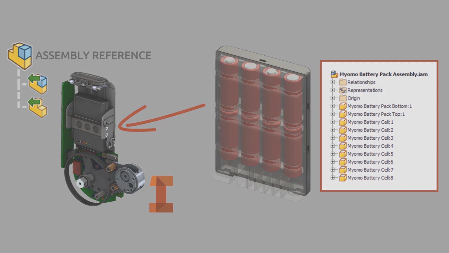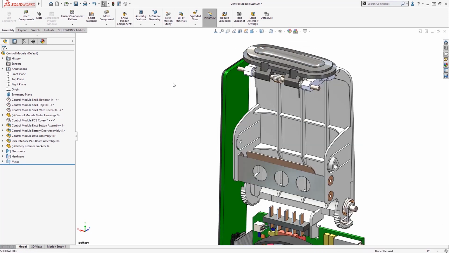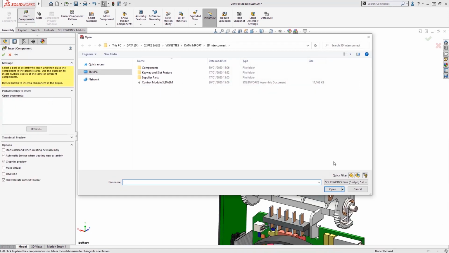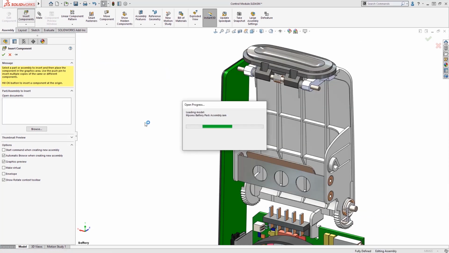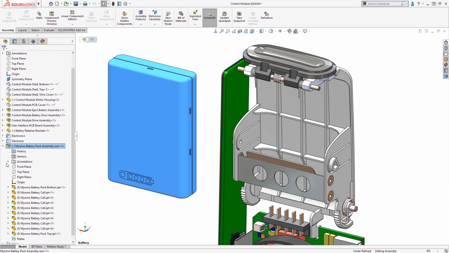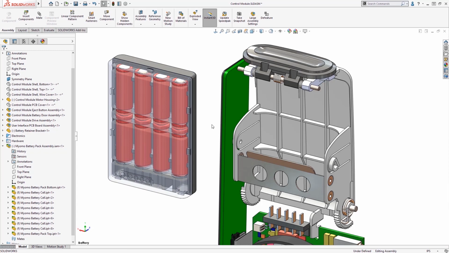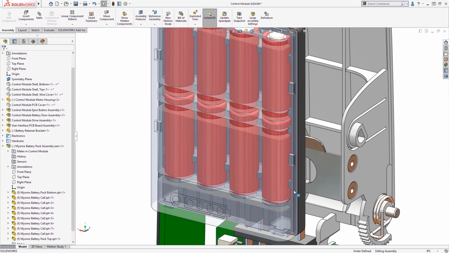This could have been designed by a vendor, or possibly a legacy design created in Autodesk Inventor. The file is inserted just like any other SOLIDWORKS component. No translational steps are necessary. All of the geometry is there, not just a representation. Looking at the feature manager tree, we can also see the entire assembly structure is available as well, though notice the icons are slightly different. These icons signify that the component is referencing the original Inventor CAD data.